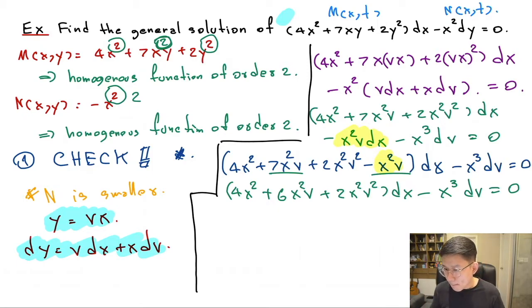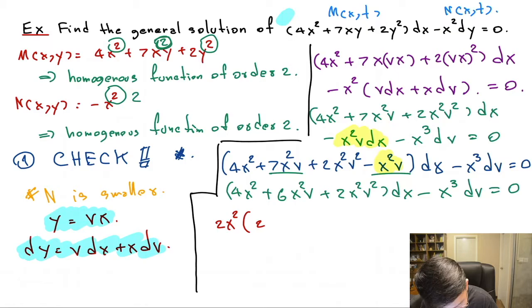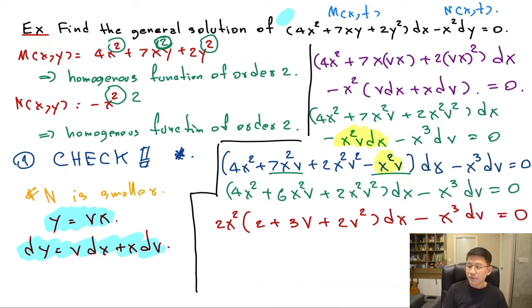And can I pull 2x squared out? So they would be 2 plus 3v plus 2v squared dx minus x cubed dv equals 0. Does it make sense? It's a lot of calculations, okay? So you need to be very careful with it. But you know that at the end you need to end up with a separable